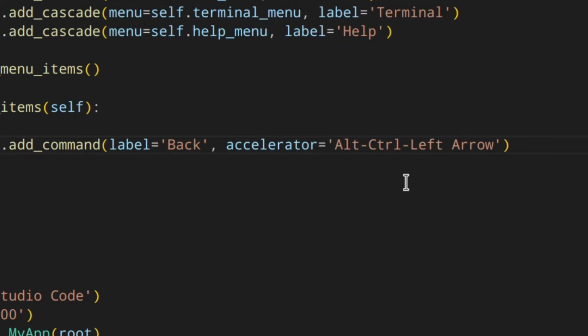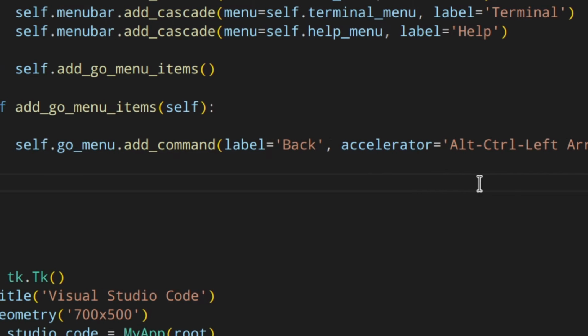It's really important to know that the accelerator is just simple text. It doesn't mean that if you press that combination, the command is executed. You still need to bind an event to that combination of keys. So in this case, the accelerator is just to show the user that this is the combination to use, but then you still need to bind this combination to a specific command. So this is just a visual thing, if that makes sense.